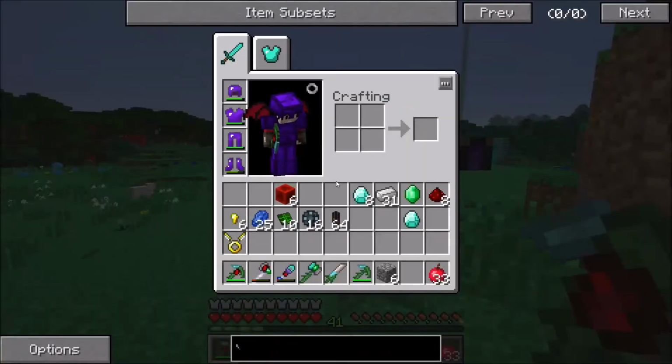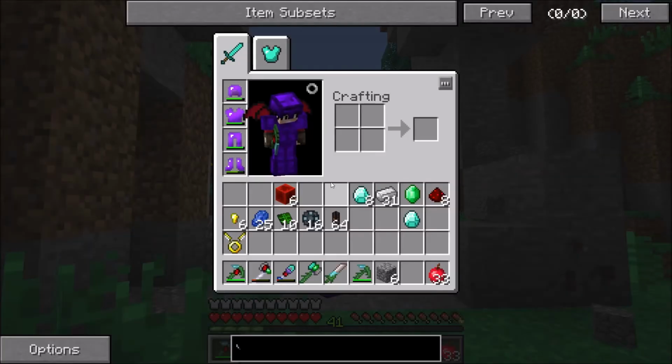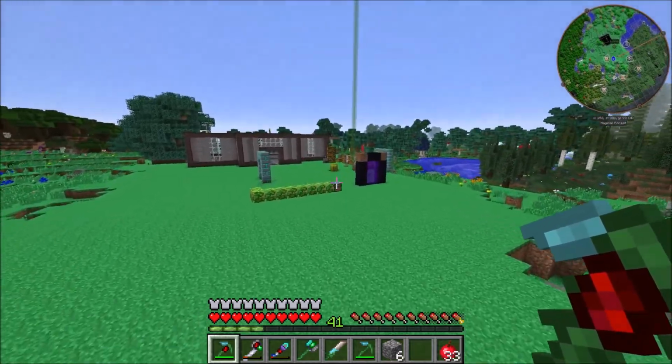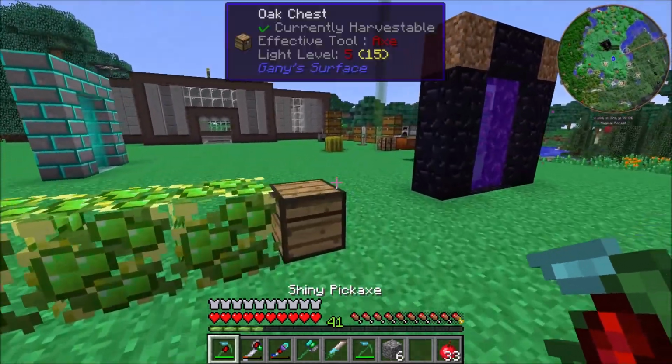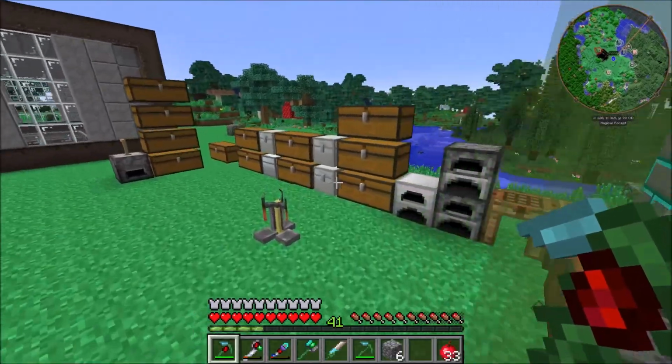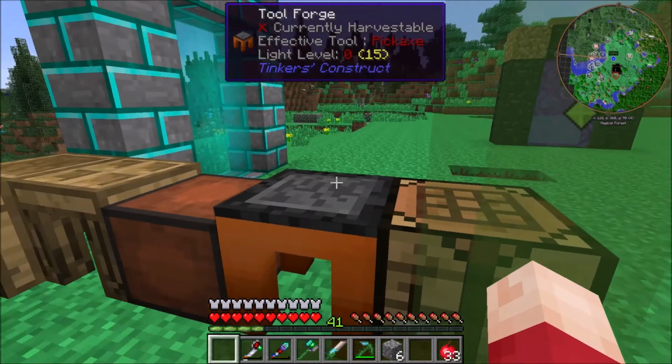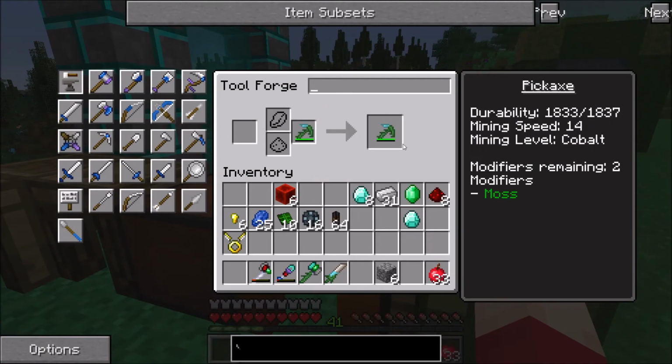It's like the same thing. So why bother? So I decided to craft up a second one because I feel like I wasted my opportunities by putting redstone on it to get it such a high mining level. So we're going to put this guy away, and instead we're just going to reinforce this bad boy with a ton of